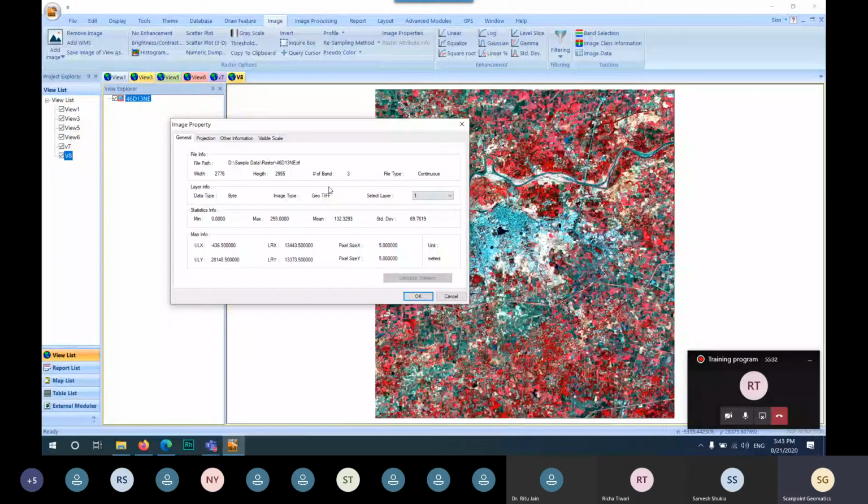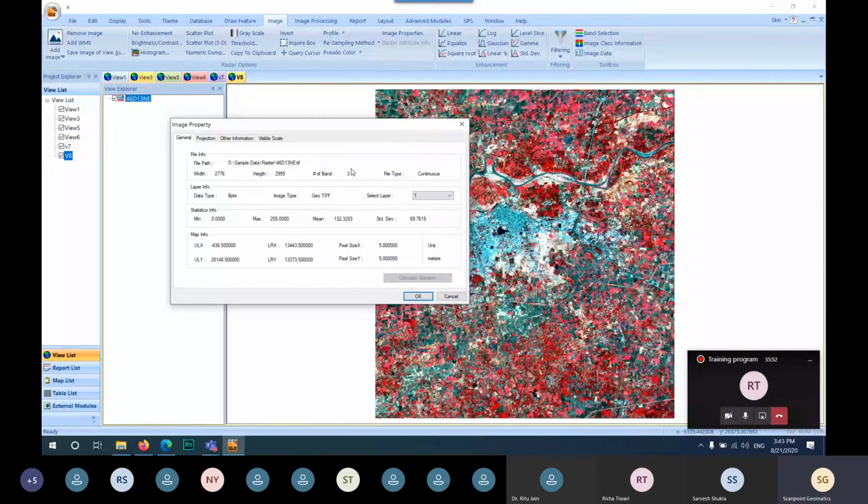Here the number of bands is 3, that means the spectral resolution of my image is 3. Okay. Now the other two resolutions are the radiometric resolution and temporal resolution.